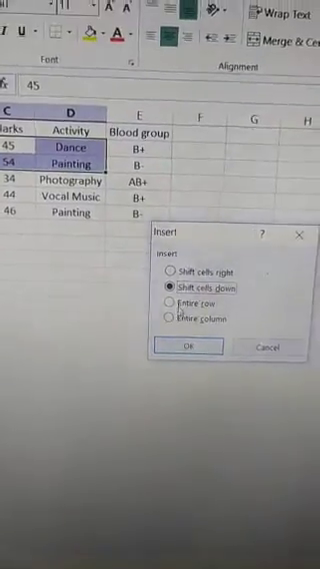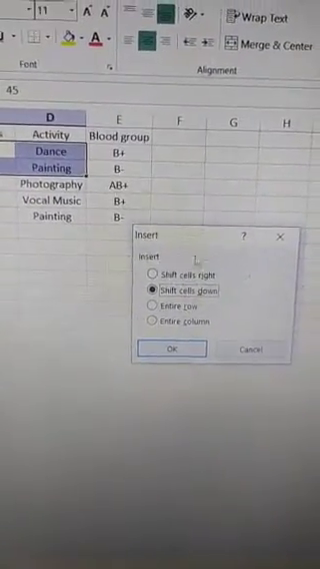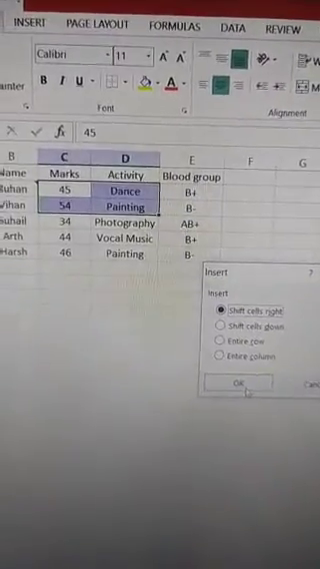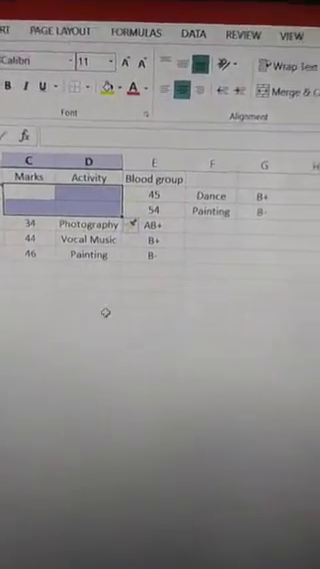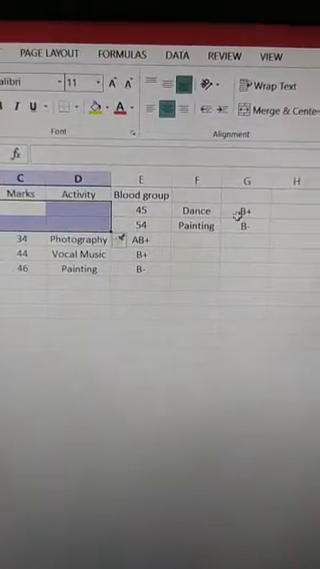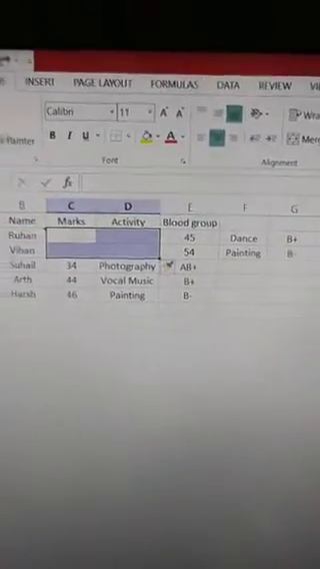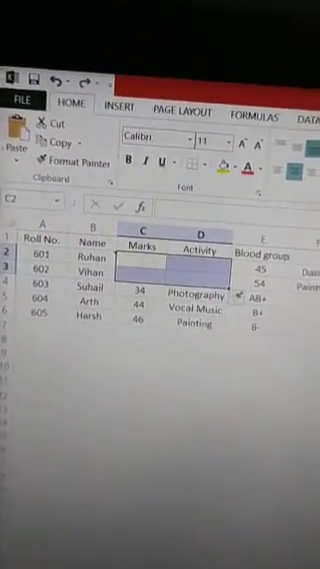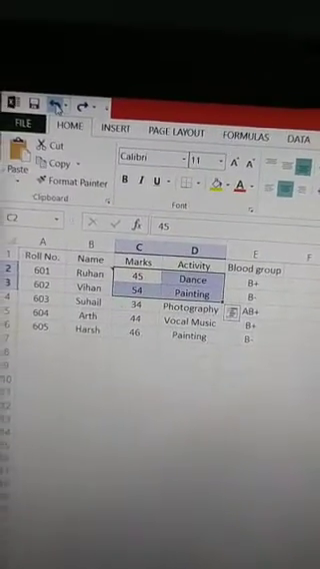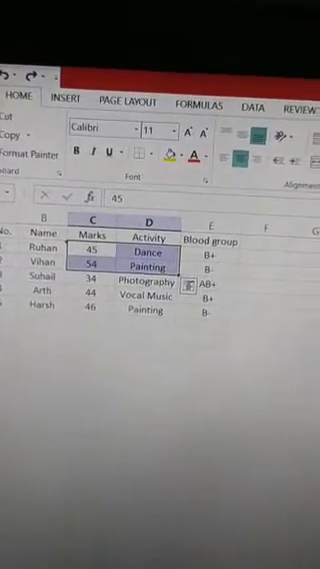How? When I click on Shift cells right and press the OK button, then you will see that this range of cells will go to the right. Okay, now undo. I have already said how to undo it with this option. Now I have undone it. Again,